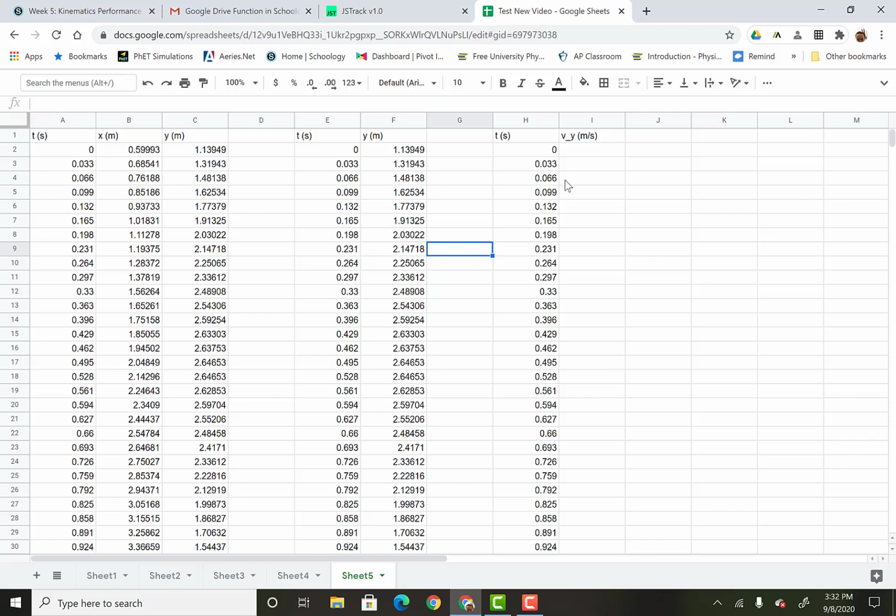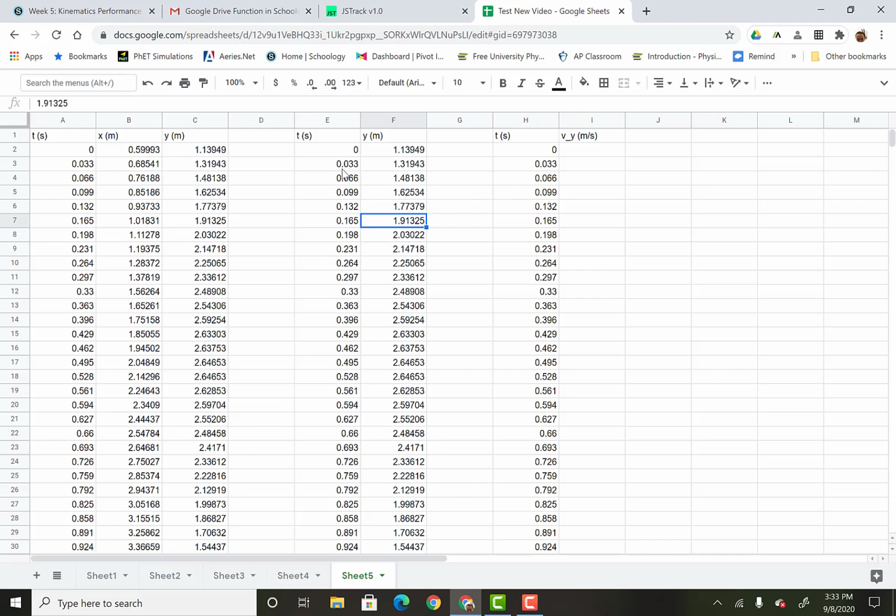So if you haven't figured it out, here's the video showing you how to find the velocity. Again, this is similar to what we did with the Pivot Interactive. We're going to choose this middle part, and then we'll use the two data points above and below it in order to find the average velocity there, and then we'll keep doing that for each of